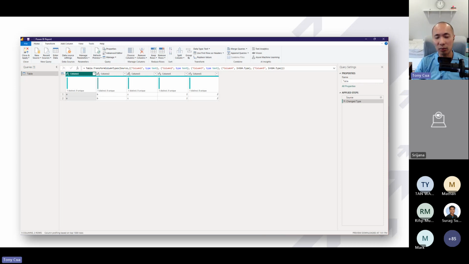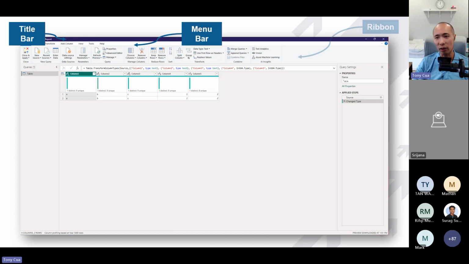However, once you're inside the Power Query editor, once you click that transform data button, it brings you to another new screen, and it brings you to a different programming language that we call M language, which stands for mashup. Some people would just call it Power Query language. And this is a preview of how it looks like. We have your formula bar here, and as you may have noticed, pretty different from what you're used to with Excel. So on the top, you again have your title bar, you have your menu bar, you have your ribbon, you have your status bar this time at the bottom,